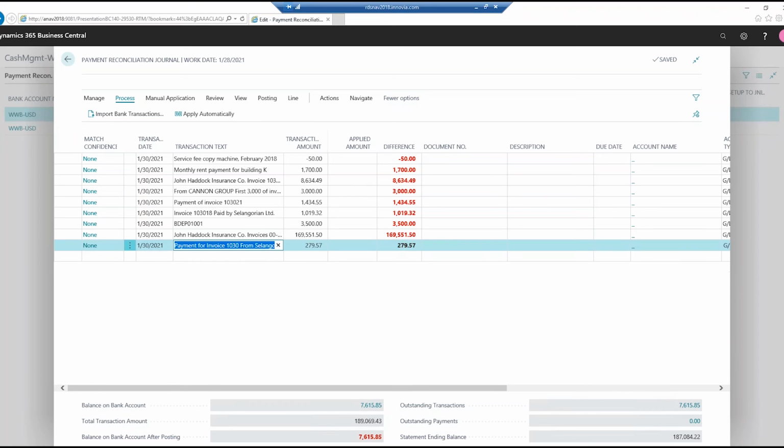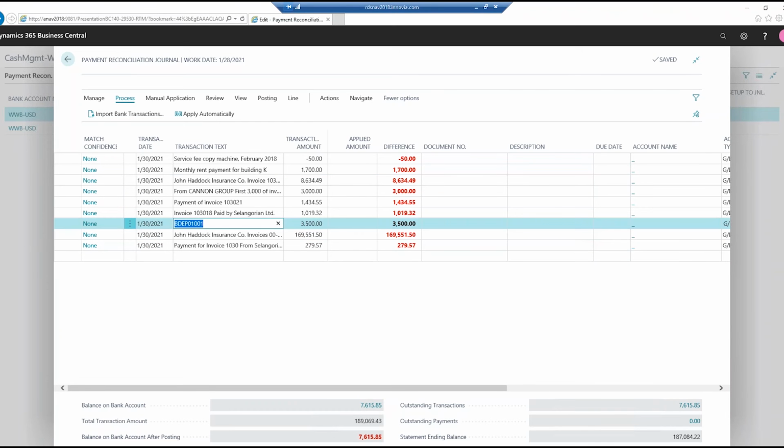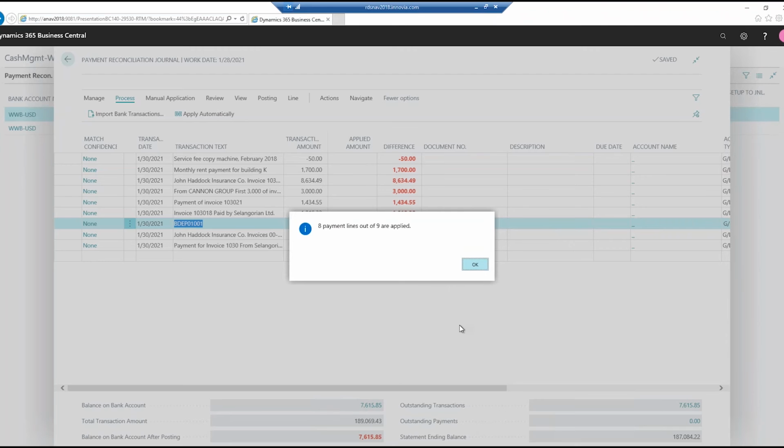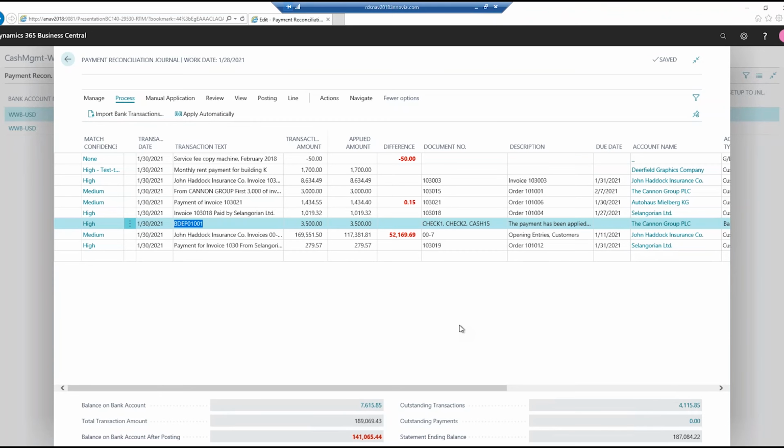Okay, so let's look at this bank deposit line. I have to apply them separately when I do it from here. So we're back to where we were. This is a posted deposit line. It includes several checks and also a cash amount that was deposited. This line is just going to reconcile the deposit in the bank account because the deposit was already posted